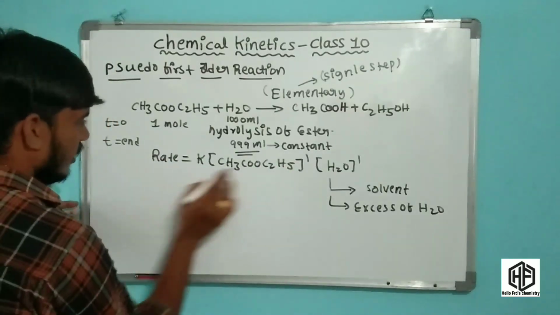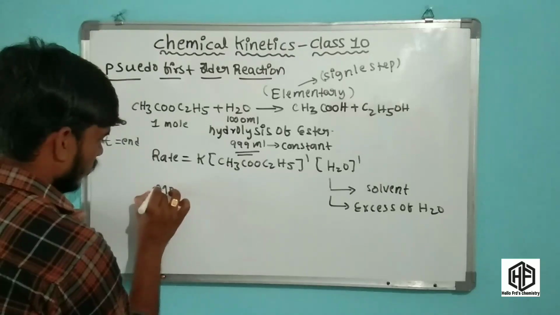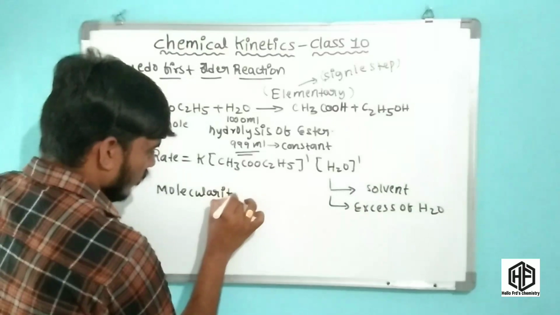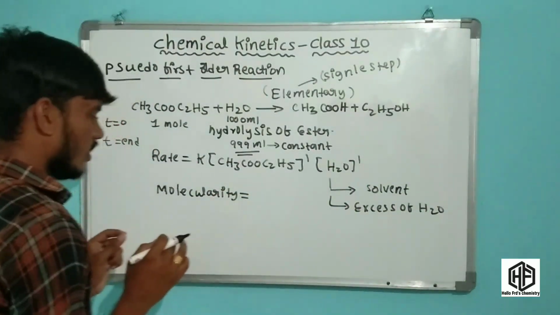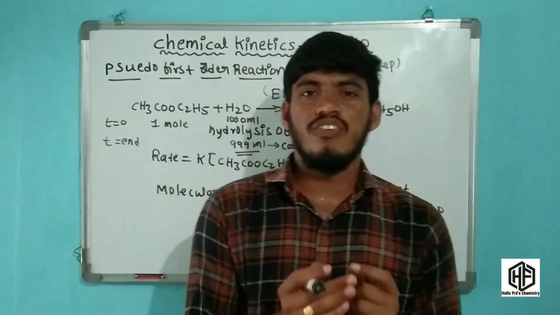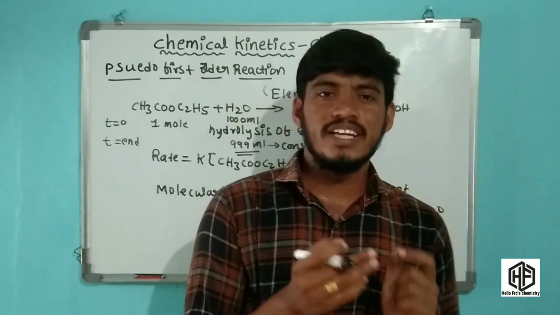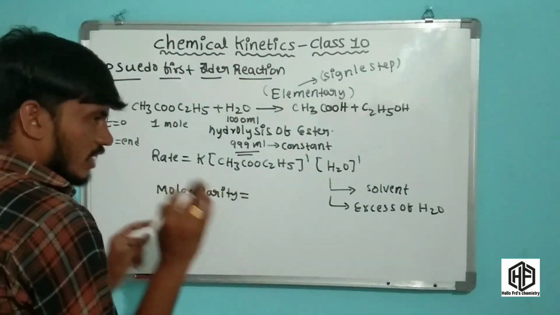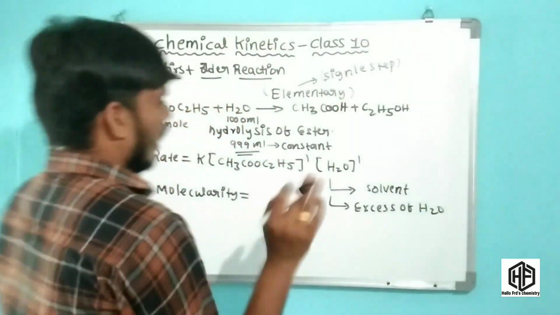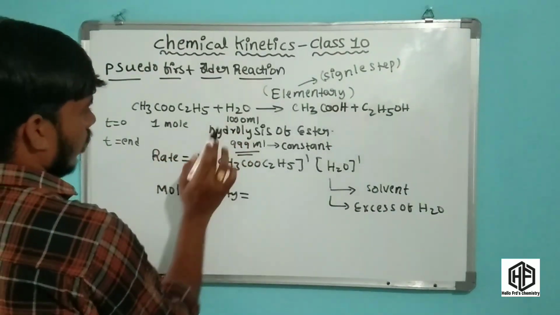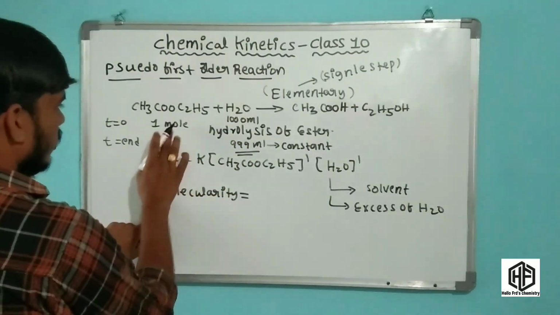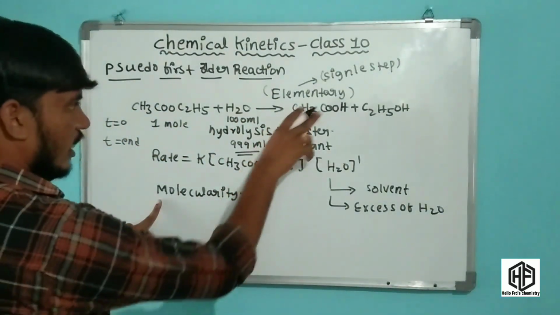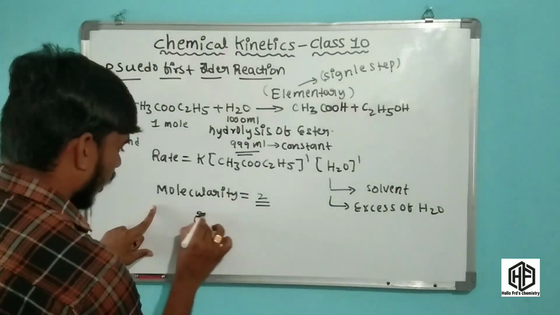Now this reaction's molecularity, friends. What is the molecularity? The molecularity is the number of reactant species participating in an elementary chemical reaction. They must collide with each other simultaneously. Because this is 1 mole and 1 mole, the molecularity is 2. This elementary reaction has molecularity 2, but the order of this reaction